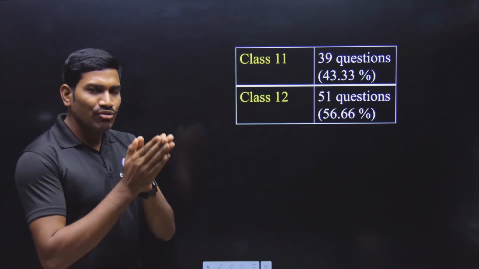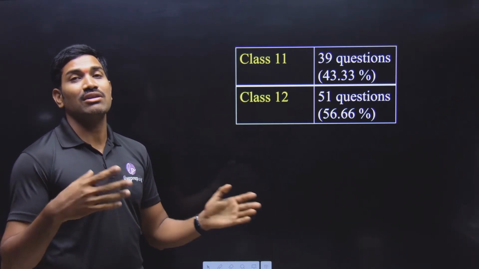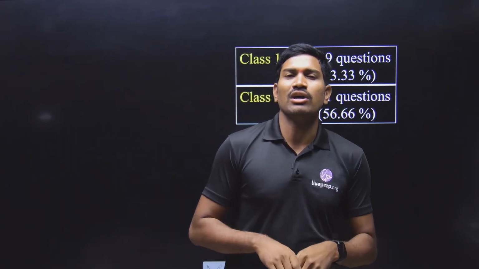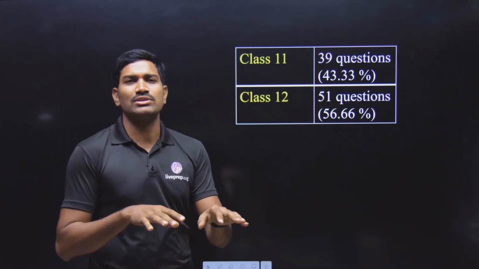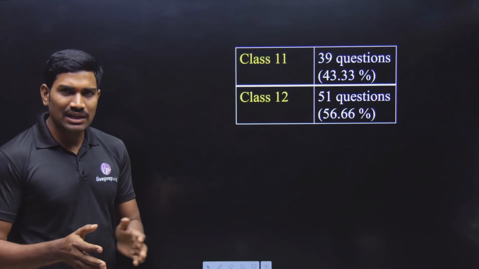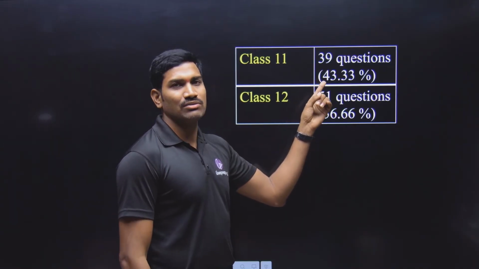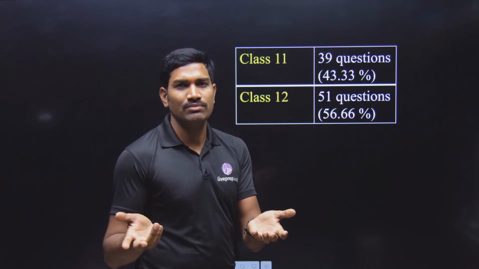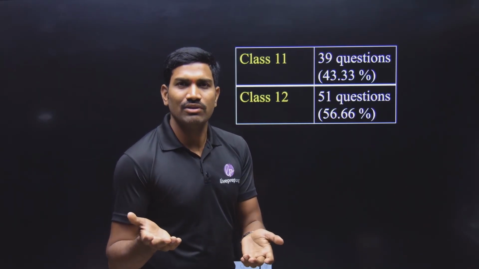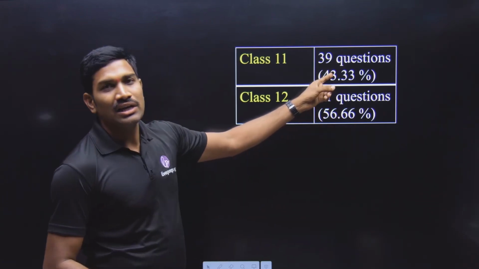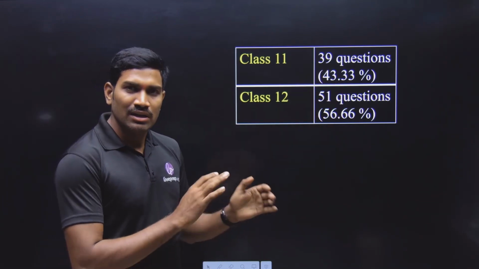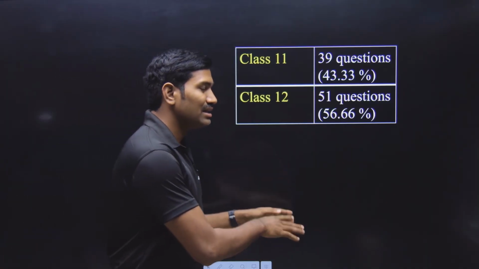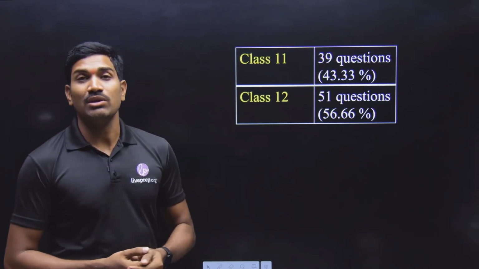Clear? And now if you are classifying based on class 11th, class 12th, generally what they do is, approximately, not exactly, approximately equal number of questions from 11th and 12th they are asking. But this year what happened, you just observe it. Total 90 questions are there. If you are making it off of 45 should come. So 45 for 11th, 45 for 12th we are generally expecting. But if you see here, 39 questions only they have asked from class 11th, but 51 questions they have asked from class 12th. That means this year they have given more questions from class 12th.